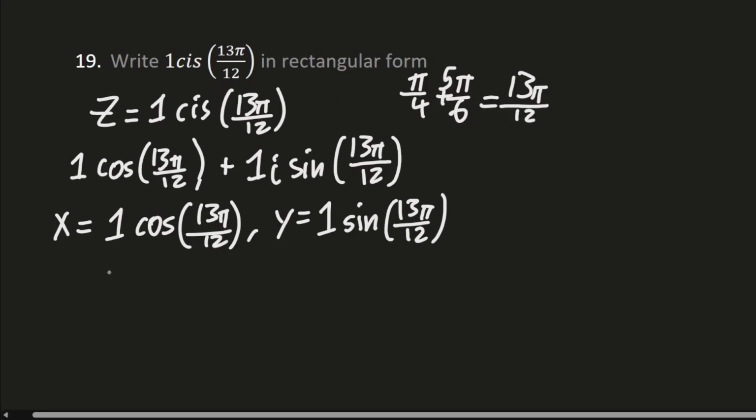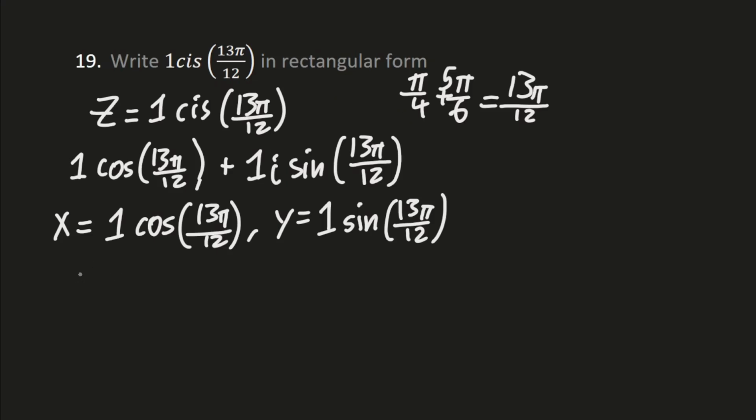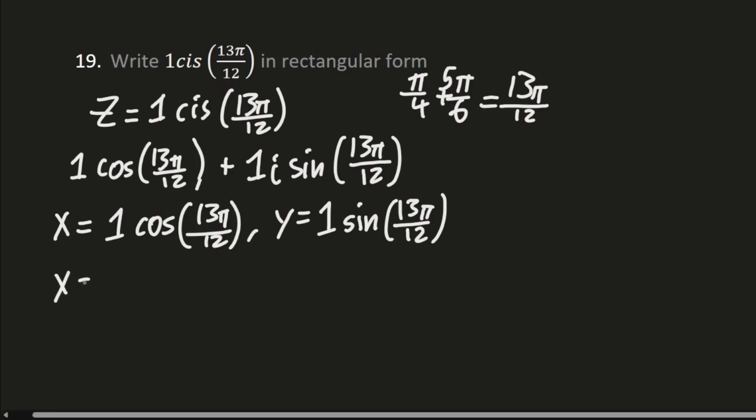And so that would mean that x is equal to 1 times cosine of pi over 4 plus 5 pi over 6. And so when we expand that out, that would be equal to 1 times